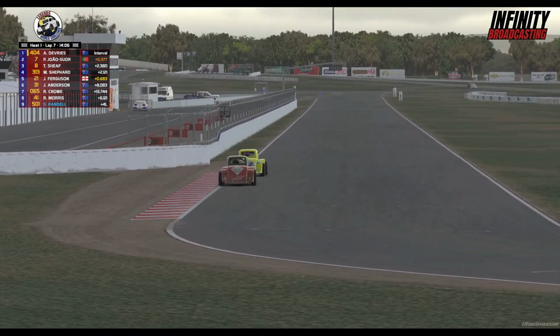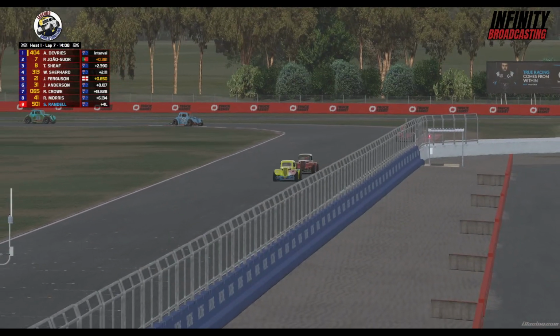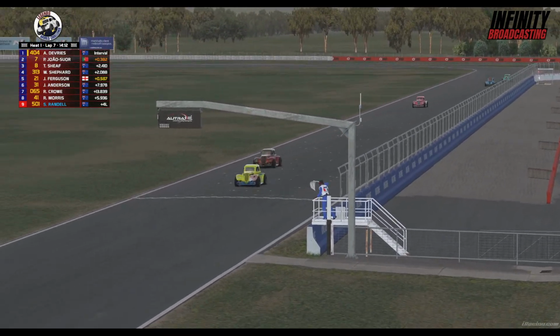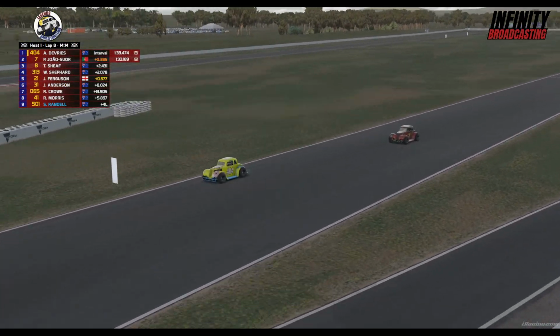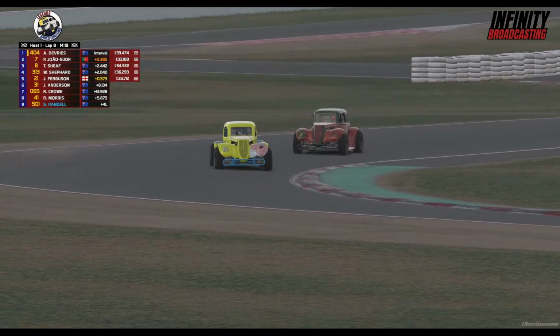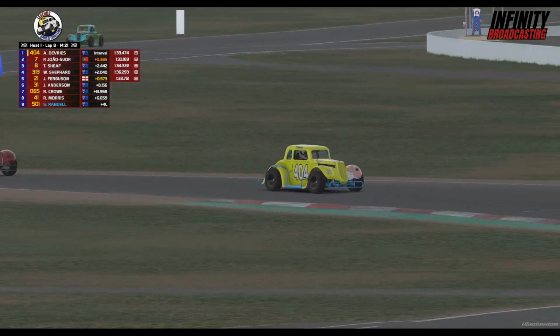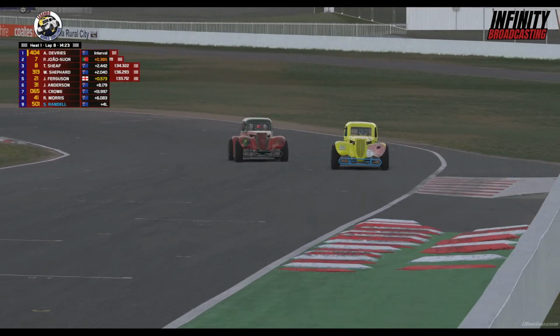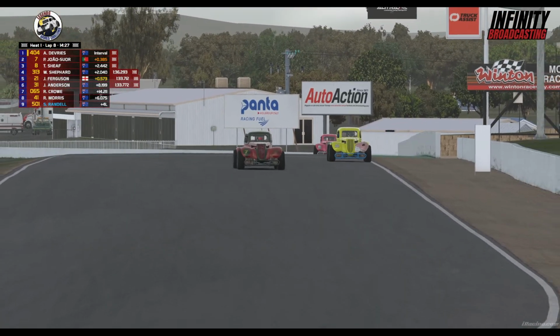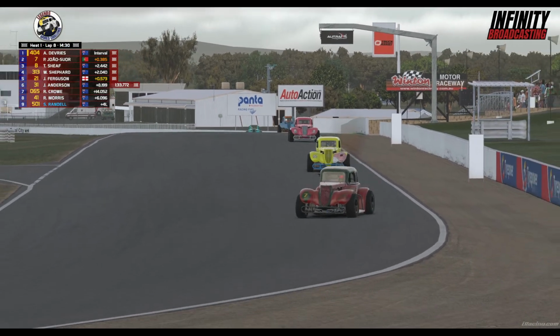He's survived once again, and he's gone on to be the first driver to win 3 races this season. But not only that, 3 race wins in a row for De Vries. He does it again. And what a way to do it. 2 wins out at Bathurst last week, a 3rd here in race number 1. Gets him the trifecta of 3 in a row